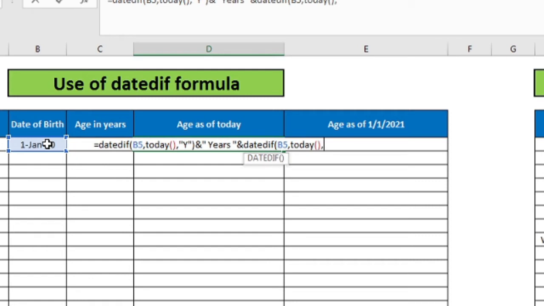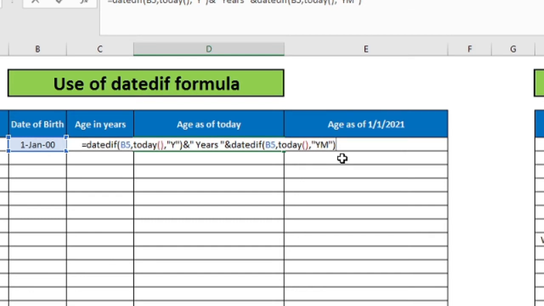Years have been completed and we want the number of months from this year which is being completed. So I will use the format double inverted commas ym. This will give me the months from the last birthday. Now this completes my second formula: DATEDIF, date of birth till today, and ym.